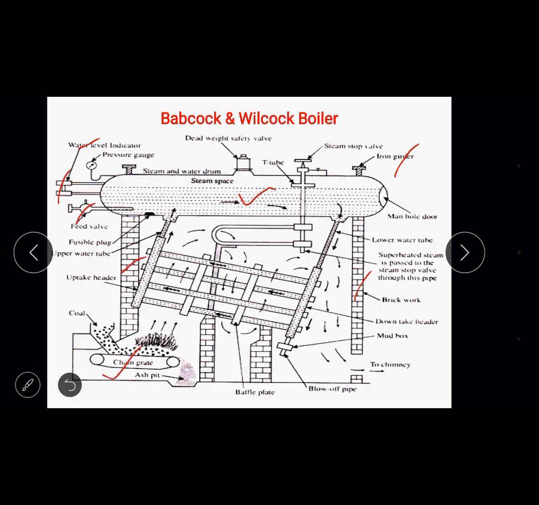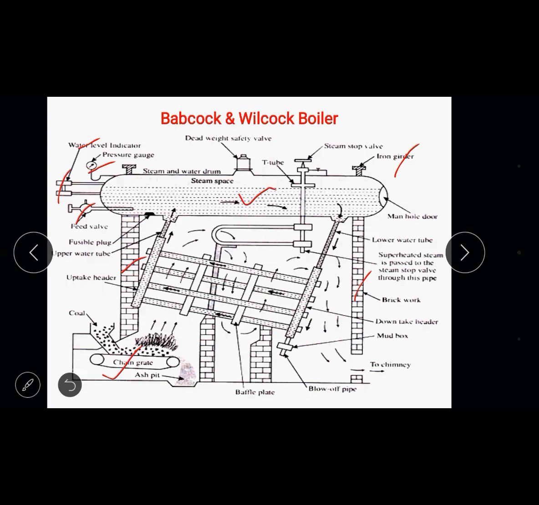Coming to the third component, next I'll go ahead in the same clockwise direction from the left end. You find the pressure gauge. The pressure gauge is another boiler mounting, connected on the boiler drum. What is the function of the pressure gauge? As the name indicates, pressure gauge. With the help of the pressure gauge, you can get the pressure value of the steam.